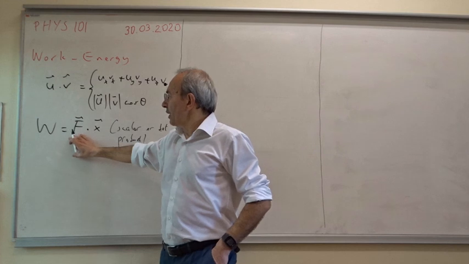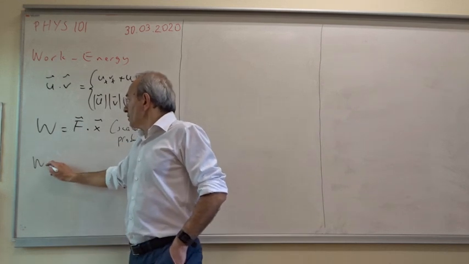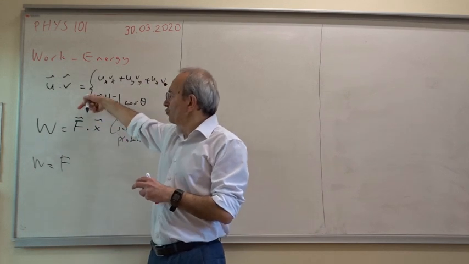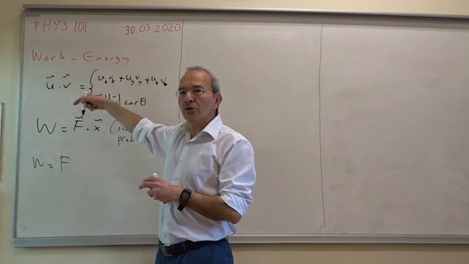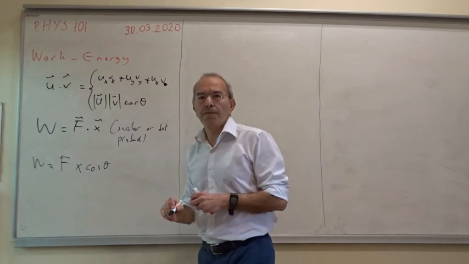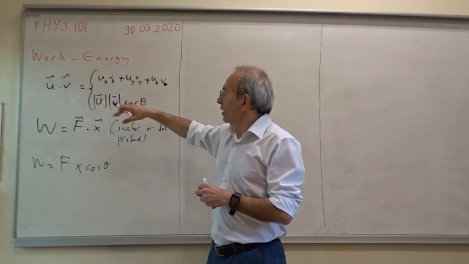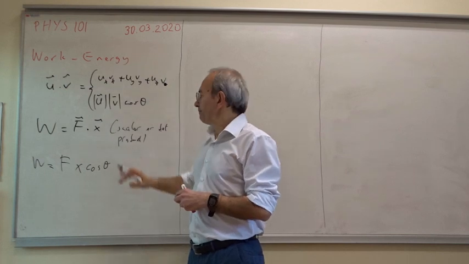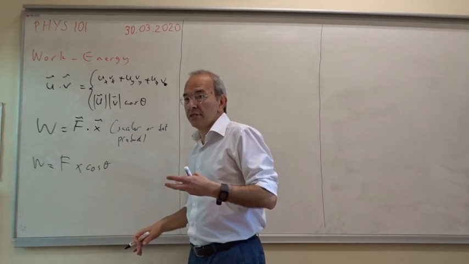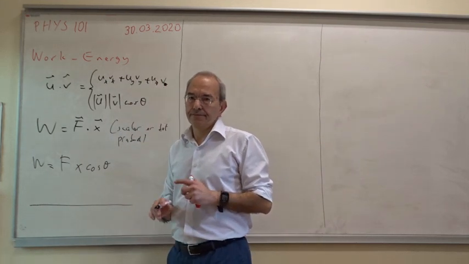So when you multiply F and x, it's not just F times x. What is the definition? Now we do not draw these vector arrows on top. It is F times x times cosine theta, using this definition. In some cases, we will also make use of the first one. Now, what do we mean by this expression? Of course, we will give physical examples to this. In the simplest possible case,